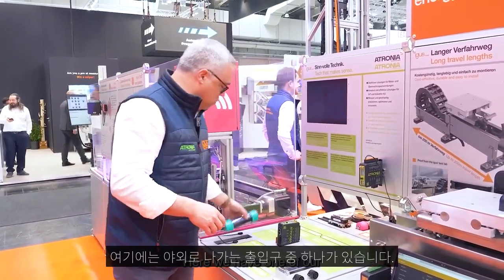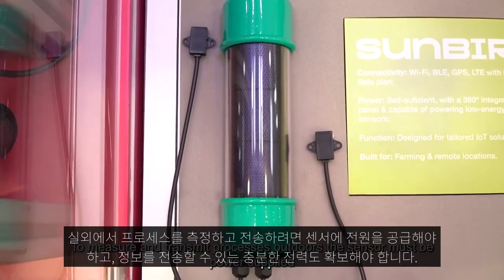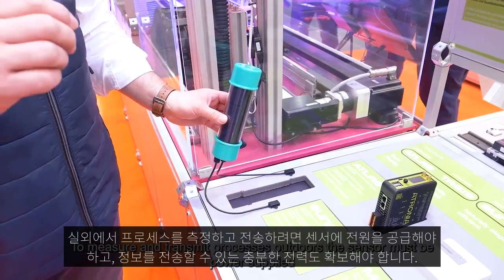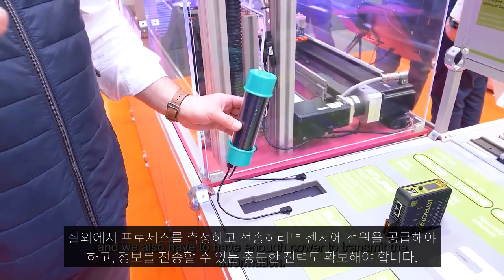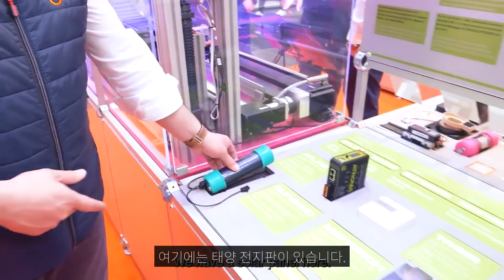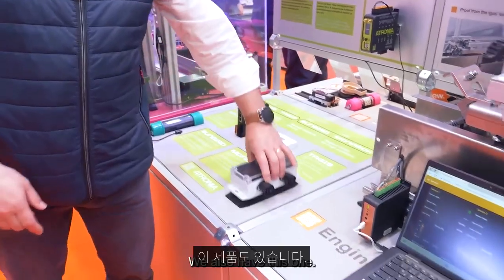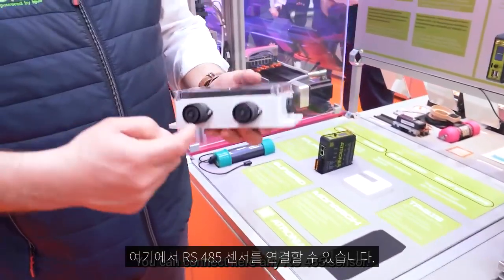Here we have one of our gateways for outdoor to measure and transmit process data outdoors. The sensor must be power supplied, and we also need enough power to transmit the information. So we have a solar panel here. This one is prepared to measure level. We also have this one. You can connect here any